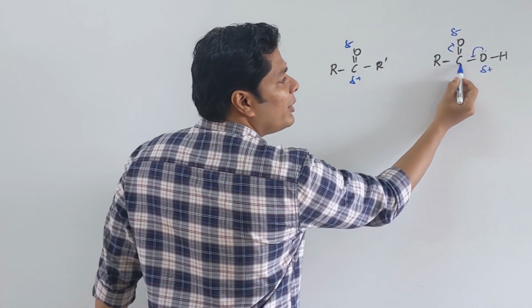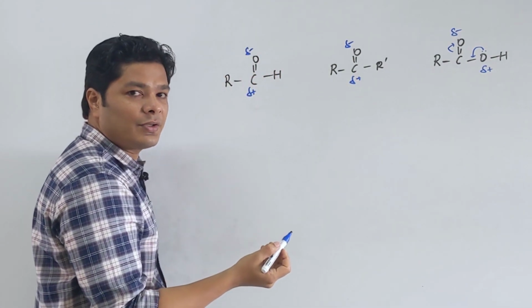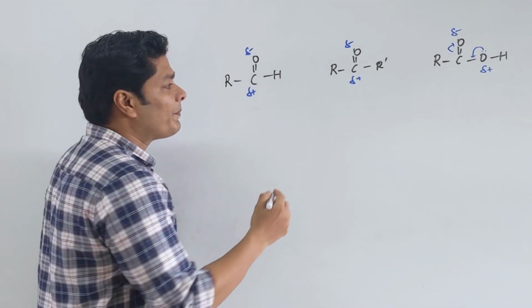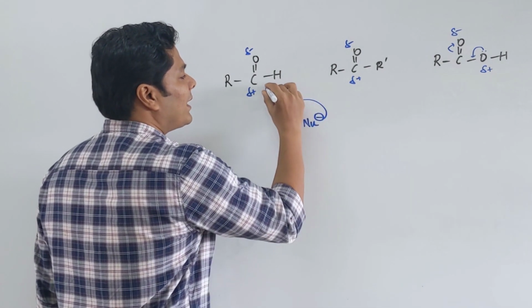This is always going to be neutral. So, the carbon in an acid group is always going to be neutral even in the resonating structures, because it is never going to be devoid of electron, never going to be an electrophile. Nucleophilic addition reaction that we saw, nucleophile can come and attack here or here.